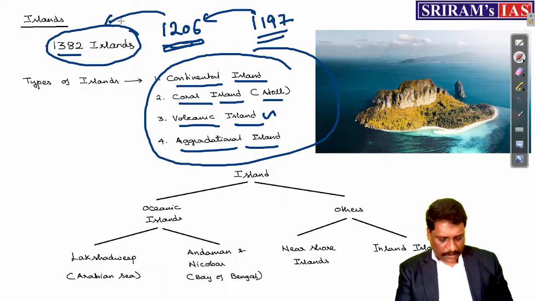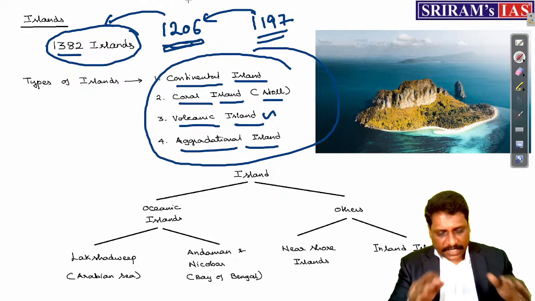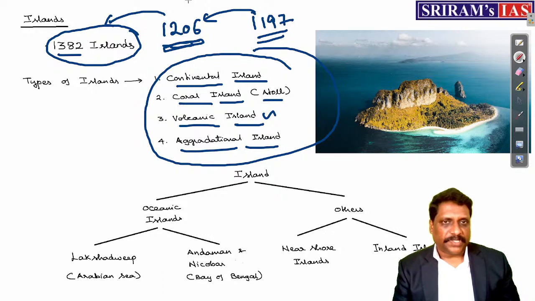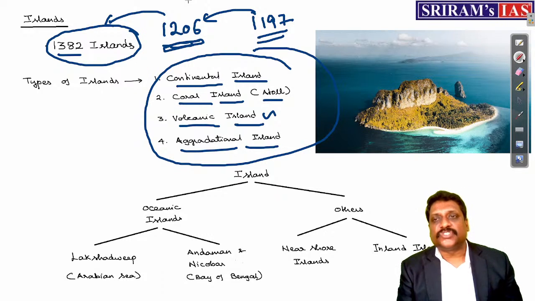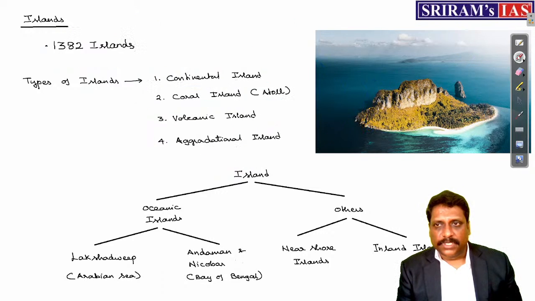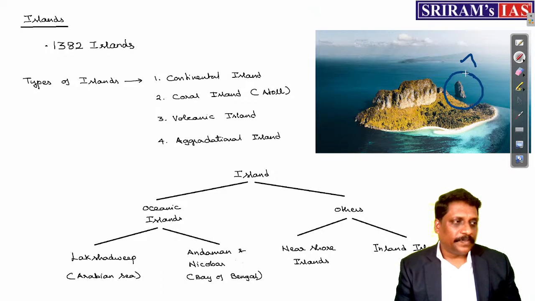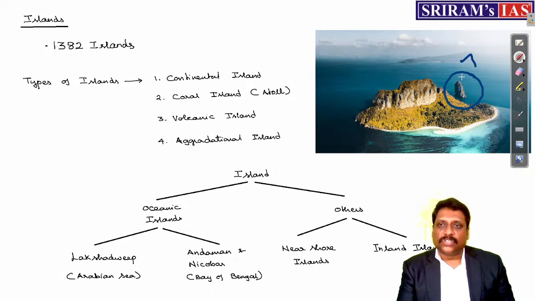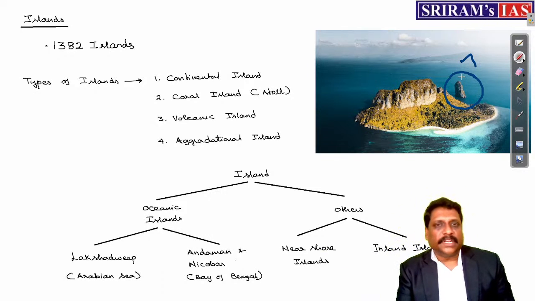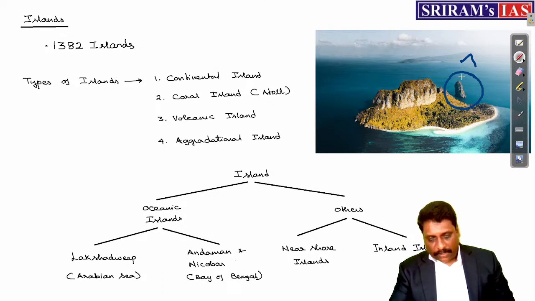See, islands are not growing. Maybe existing islands can get submerged, new islands can get formed, but not certainly at this pace. The only thing is that some of the islands' classification has changed. Even what you see here, technically we call them what? Rocky outcrop. Forget about this greater image, right? Somewhere if I am just surrounding this image, you call them a rocky outcrop. See, until recently we did not consider rocky outcrops as islands. But very recently, Andaman particularly has increased the number of islands. Even the rocky outcrops are called what? Islands.